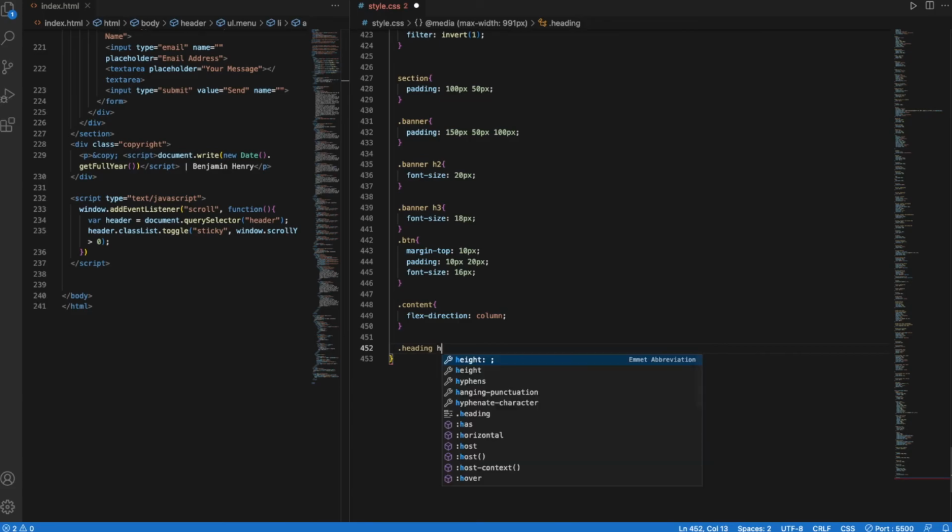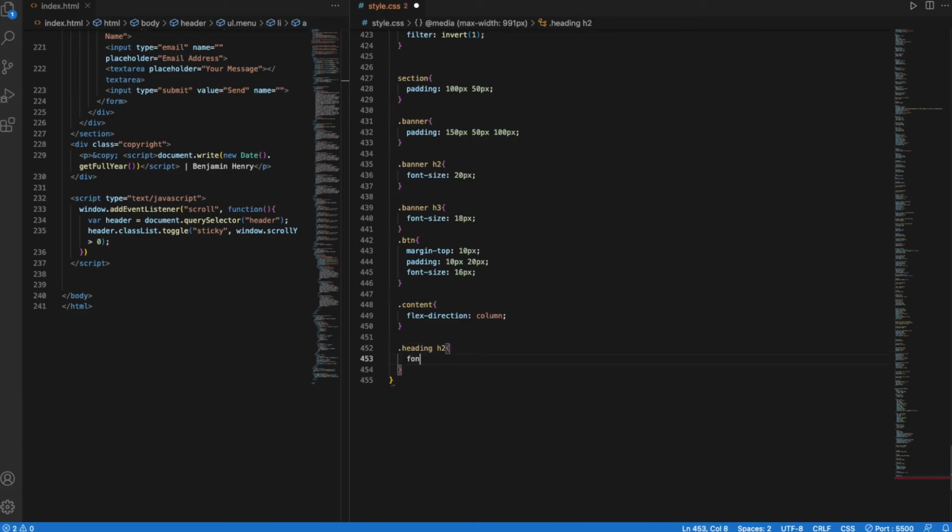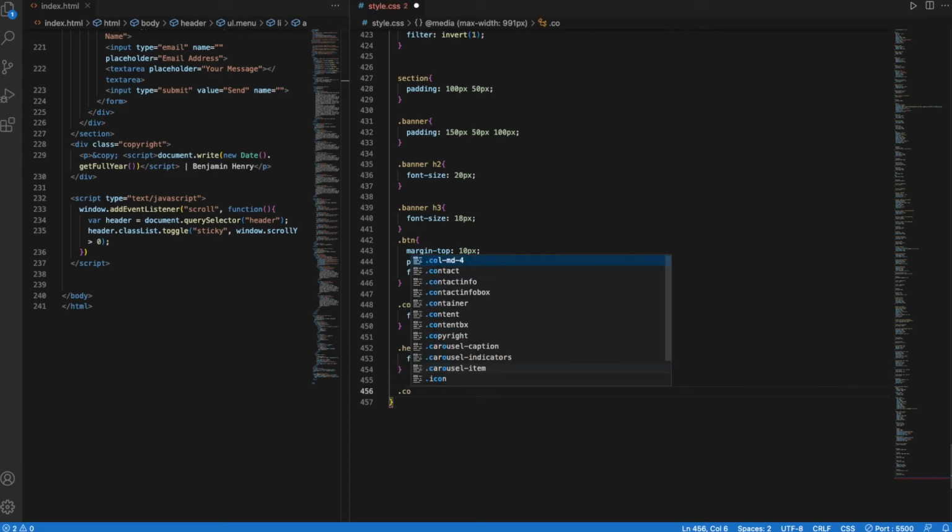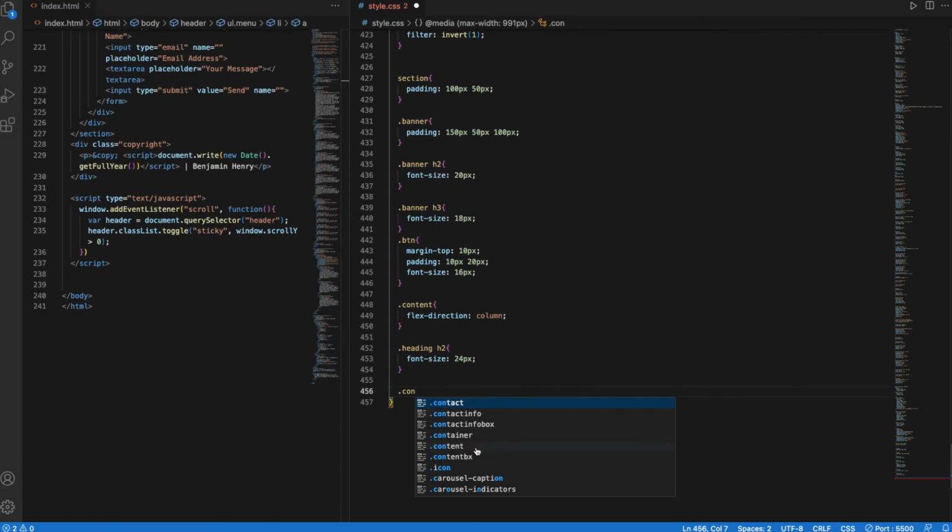Heading H2, font size 24 pixels. Dot content box, dot content box H3,